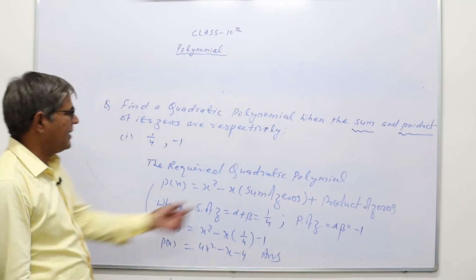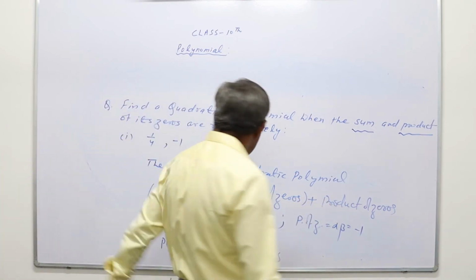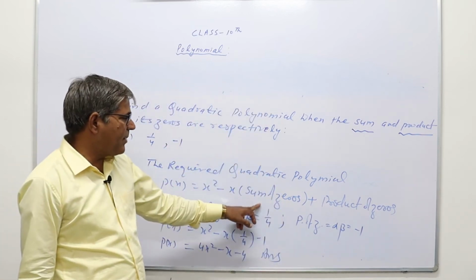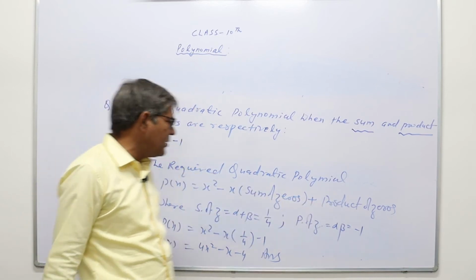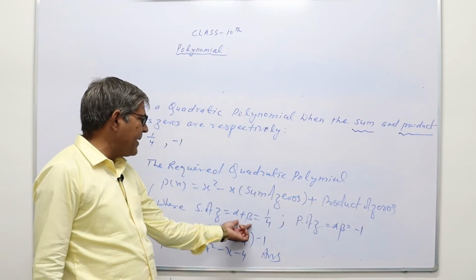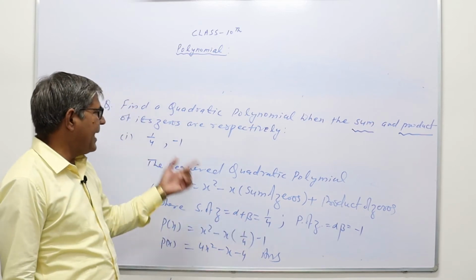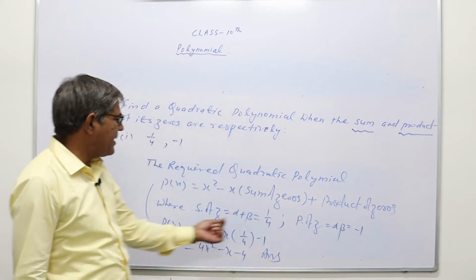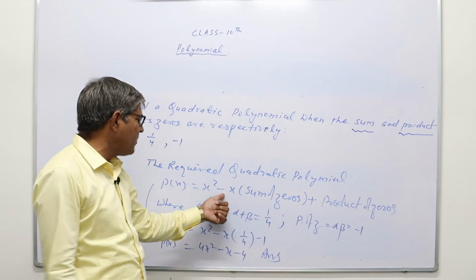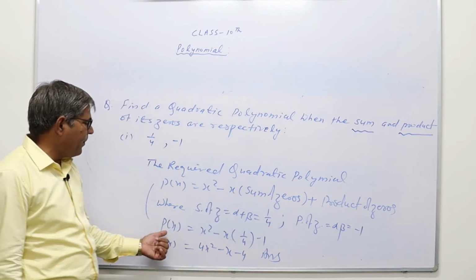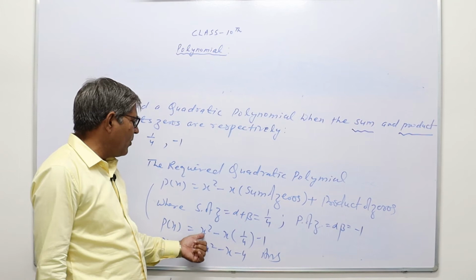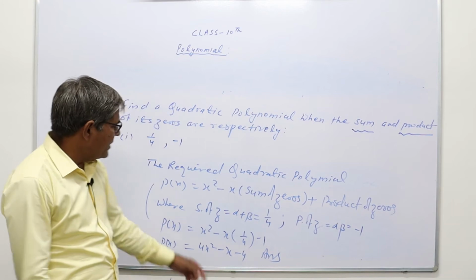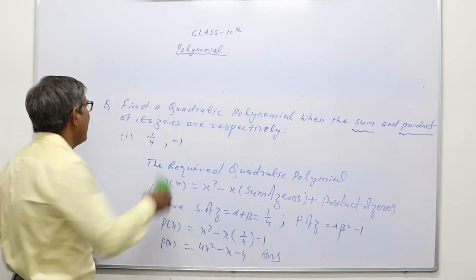By using the direct sum of the zeros and product of zeros, the required polynomial will be x square minus x into the sum of the zeros plus the product of zeros, where the sum of zeros is alpha plus beta, directly given as 1 by 4, and the product of zeros, alpha into beta, is given as minus 1. So by substituting these values directly in this formula, the required quadratic polynomial will be x square minus x into 1 by 4 minus 1. So this is the required answer. Now one more